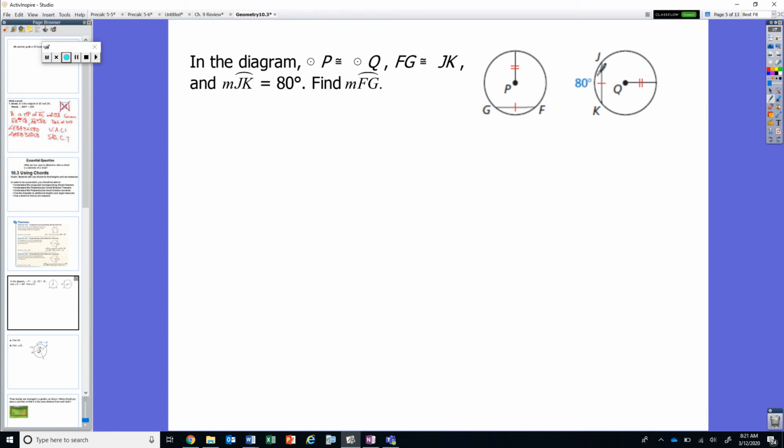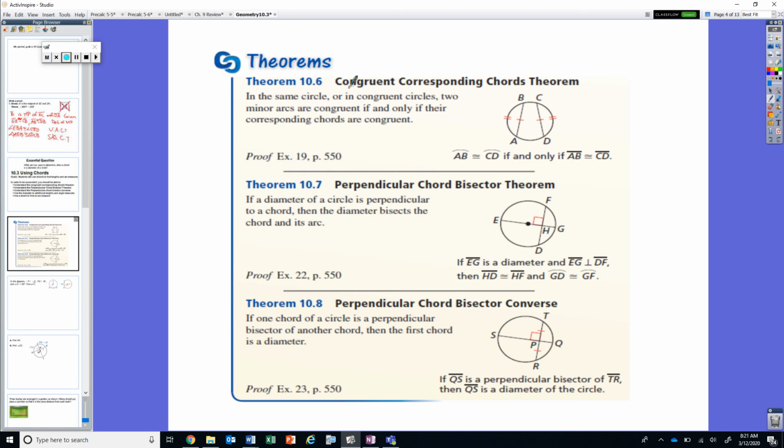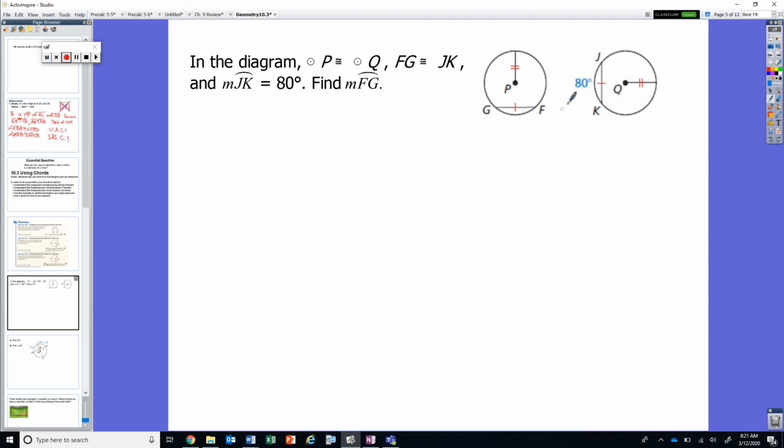Now, if this was not a congruent circle, we could not utilize our congruent corresponding chords theorem. Notice it says in the same circle or in congruent circles, okay? So the fact that these two are congruent circles and JK and GF are congruent chords, it tells me that